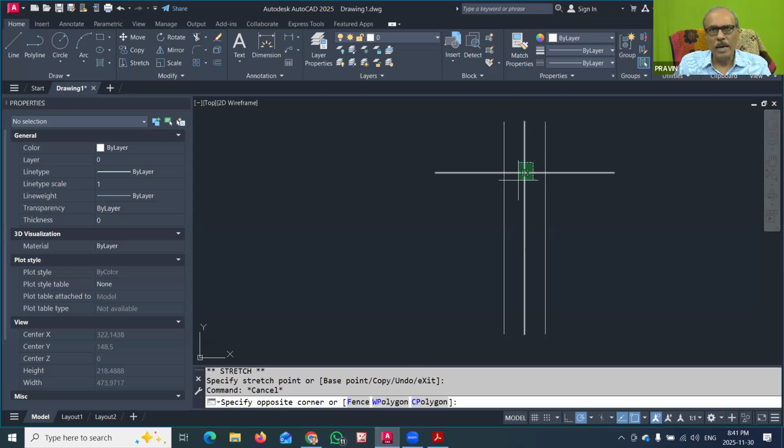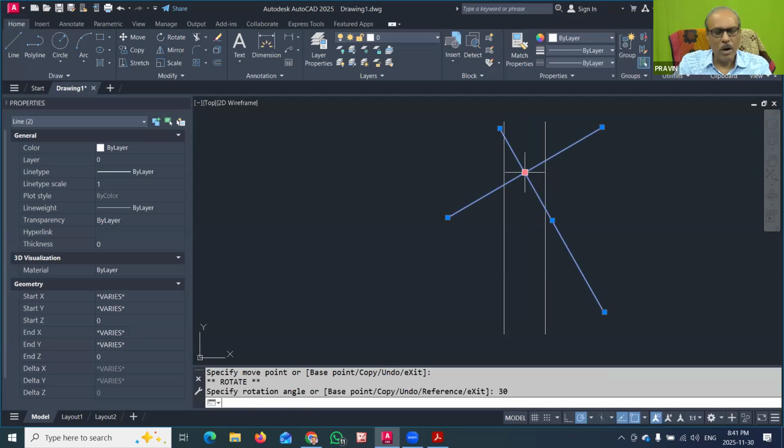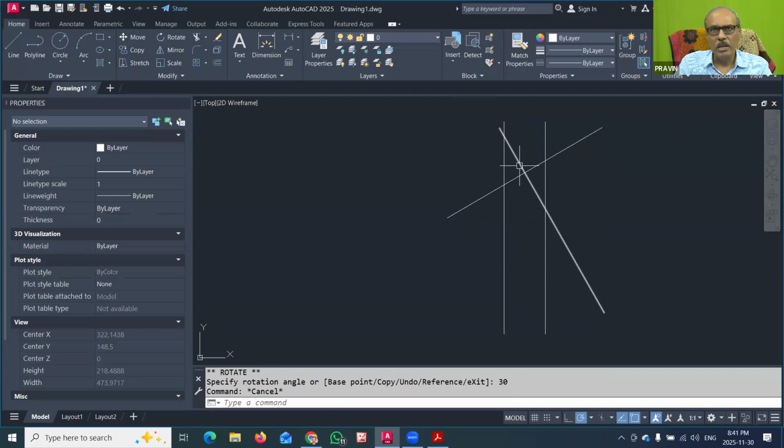So I will select both the lines and click on this grip, and then you can see on the command line the stretch command starts. Press the space bar, so the move command starts. Again press the space bar, the rotate command comes, and now you can give the angle of rotation as 30 degrees and press enter. So you can see that now I have drawn this and rotated this center by a 30 degree angle. This is exactly the center of this spanner. At this point I have used the rotation base point and the 30 degree angle we have given.